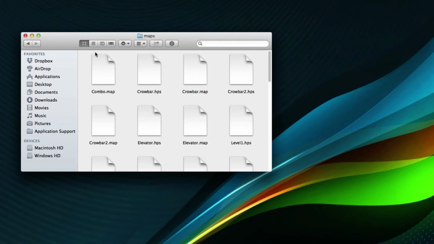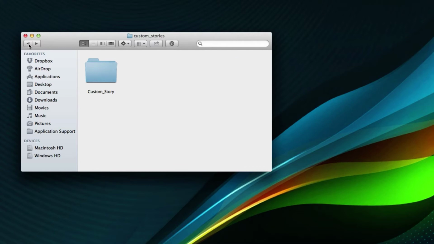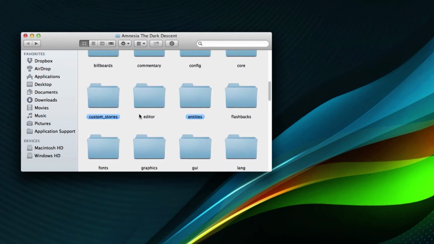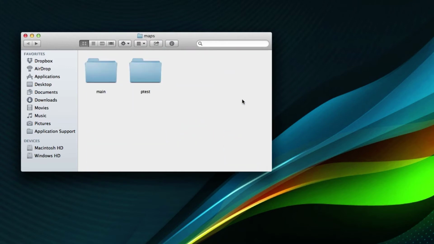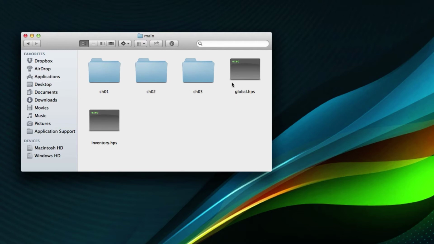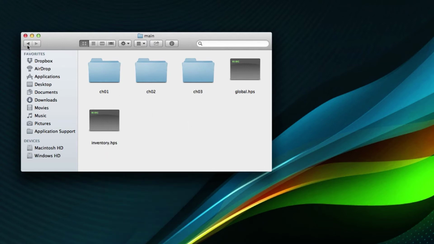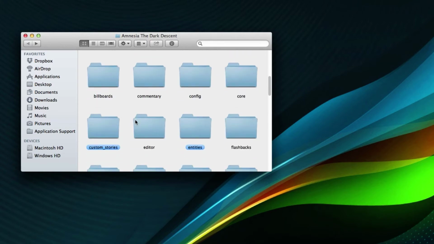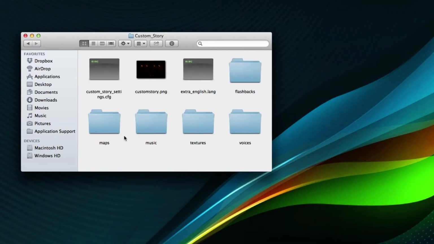I don't like the cache files, they're annoying. Anyways, alright, so if you go back to the root folder for Amnesia, go to the maps folder, the original one, maps, main, you will find inventory.hps right here. So you can choose to either copy that one and paste it into your maps folder, or you could just make it. So I'm going to make it, so let's go back to your custom story,